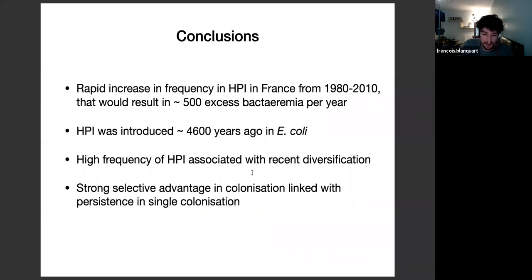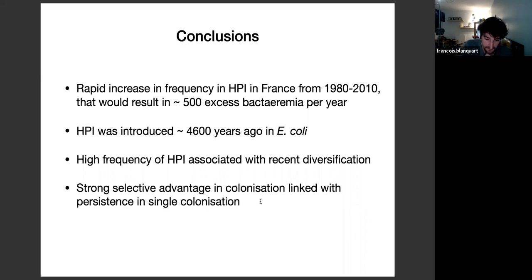Okay, so the conclusions are that, in France, we see in commensal strains a rapid increase in the frequency of HPI in 30 years. And this increase in frequency will result in a number of excess bacteremia of the order of a few hundreds. So that can appear relatively modest. This is only one gene, so I think it would be interesting to look into other genes and see how they evolve. And this will also cause thousands of additional urinary tract infections, which are more benign, but nevertheless also